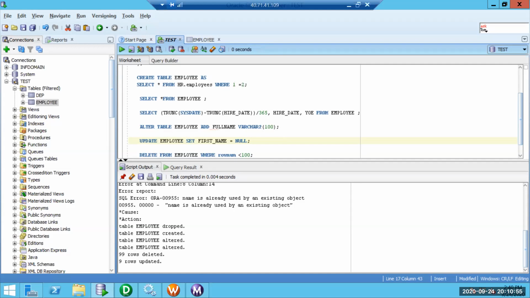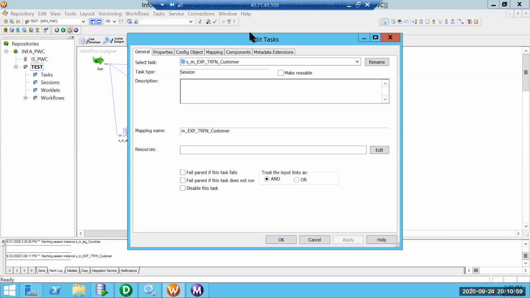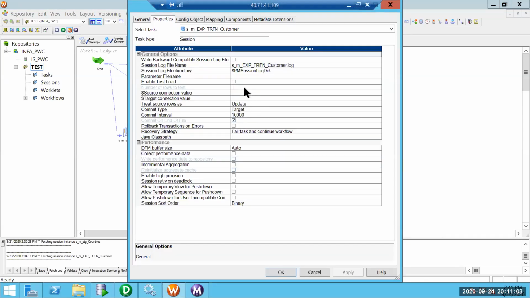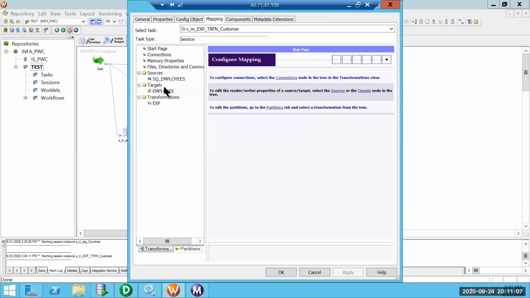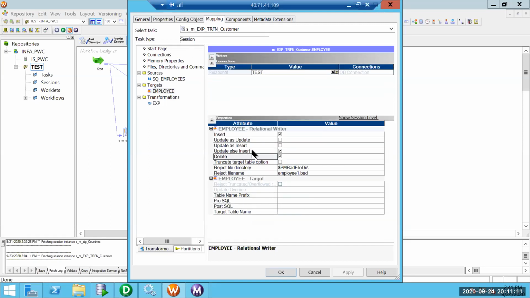So two changes we have done to meet upsert logic: at the properties level, this will still be update, and at the target level, when we choose update, it comes to update. In case of update, what needs to be done?